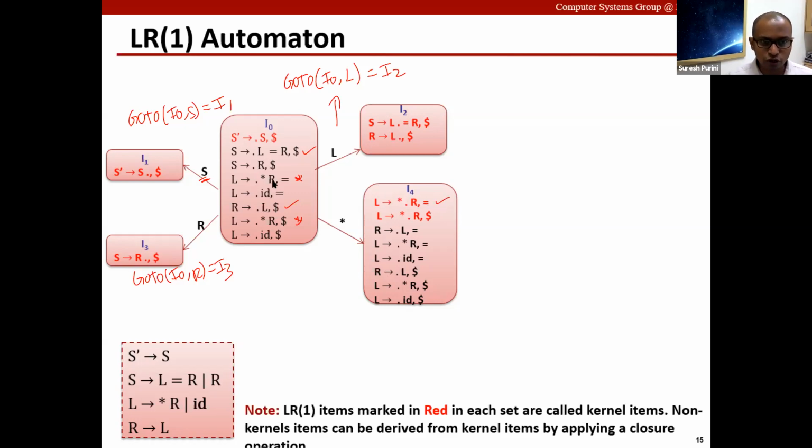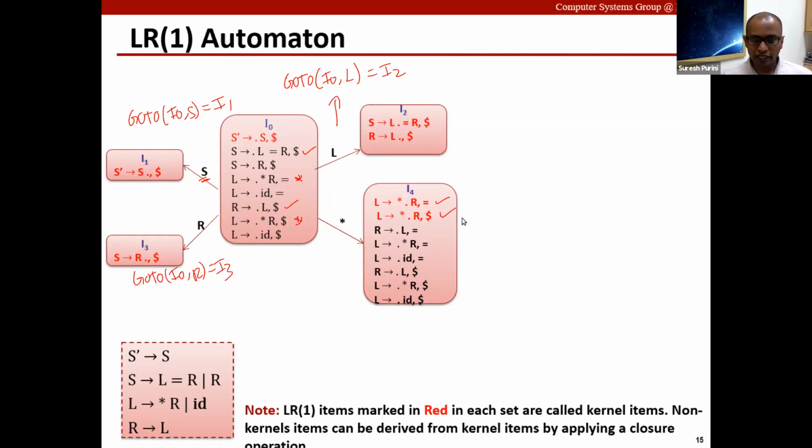When we move this dot over star, that is when we see a star in the input stream, we generate this LR1 item, star dot R followed by the symbol equal to. The same is the case with this LR1 item. We move dot over star and we get this LR1 item.